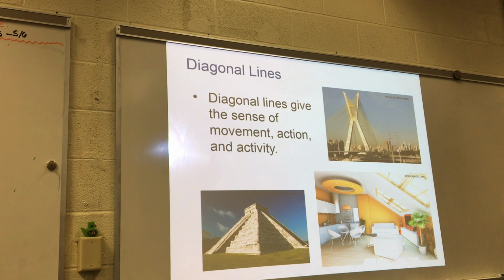You see this bridge up at the top. There's lots of bridges made with vertical lines and horizontal lines. This particular bridge, the diagonal lines give it a certain design flair to it, if you will. You also see this, I don't think the ancient Mayans were purposefully trying to incorporate design elements, but pyramids are naturally more interesting shapes than, say, like a giant block. If instead of pyramids, the Egyptians would have built bricks, like big rectangular bricks, they probably wouldn't be quite as